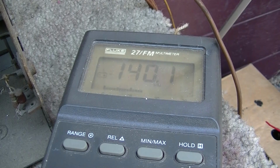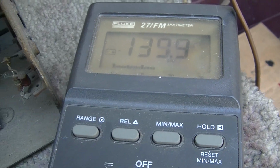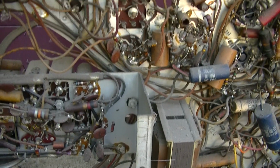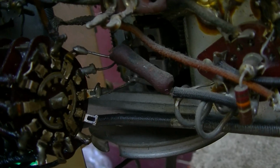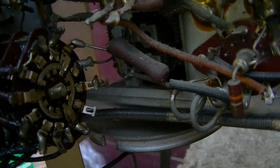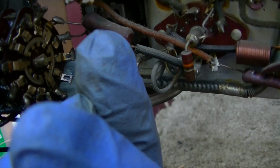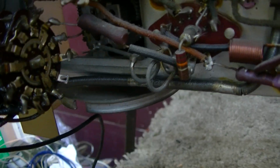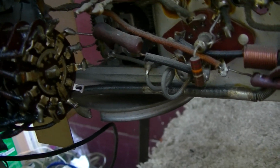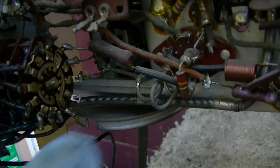So now we got 140 volts. Yeah, we got a bad capacitor here. Hopefully it just kind of blows open and leaves us alone. Oh, crap, it looks like we got a broken wire right there. That one's okay, but this wire here is broken. Yeah, the gloves will protect against 300 volts. They won't protect against 4,000, but they'll